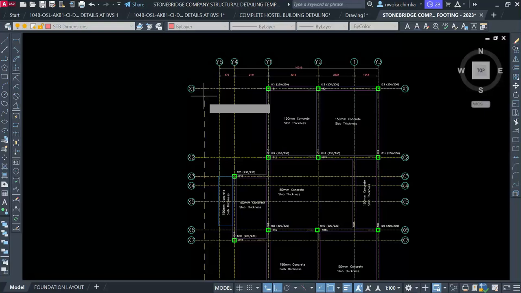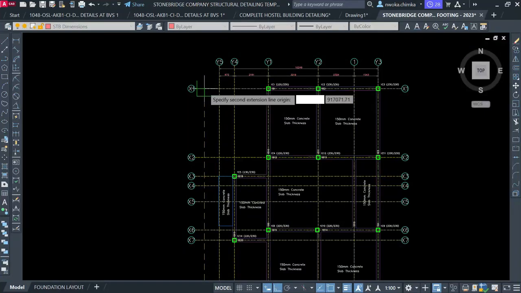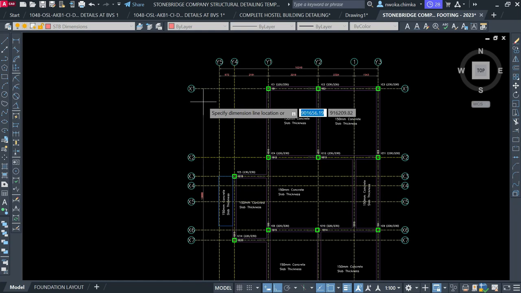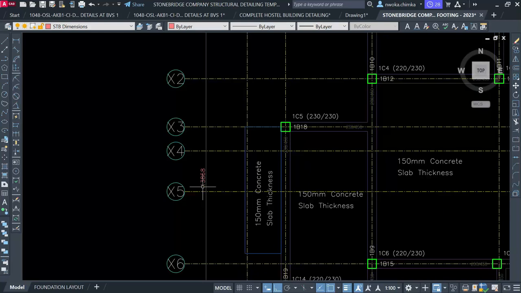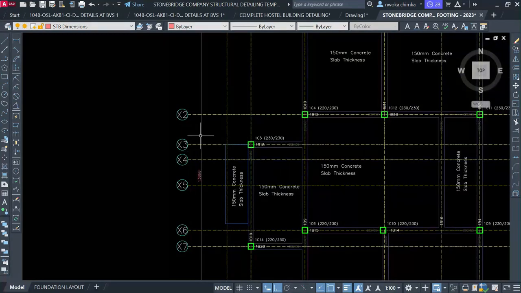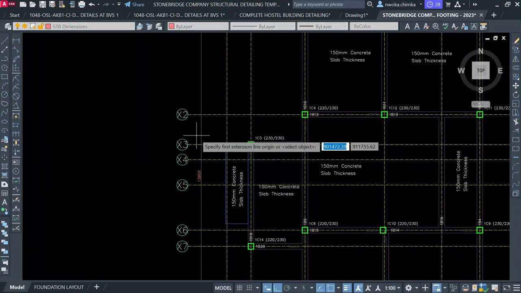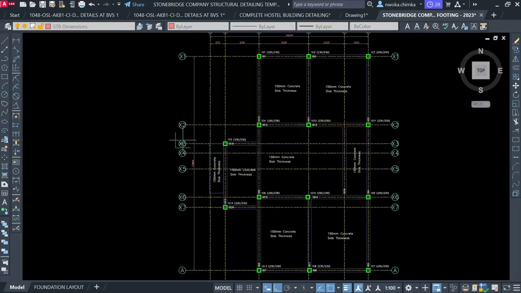So this template can be used by a company or by any individual. Okay, so I'll do this again and place this one here. And then as you can see, we have this overall dimension. And this building that we're doing right now, this detailing, is one of our most